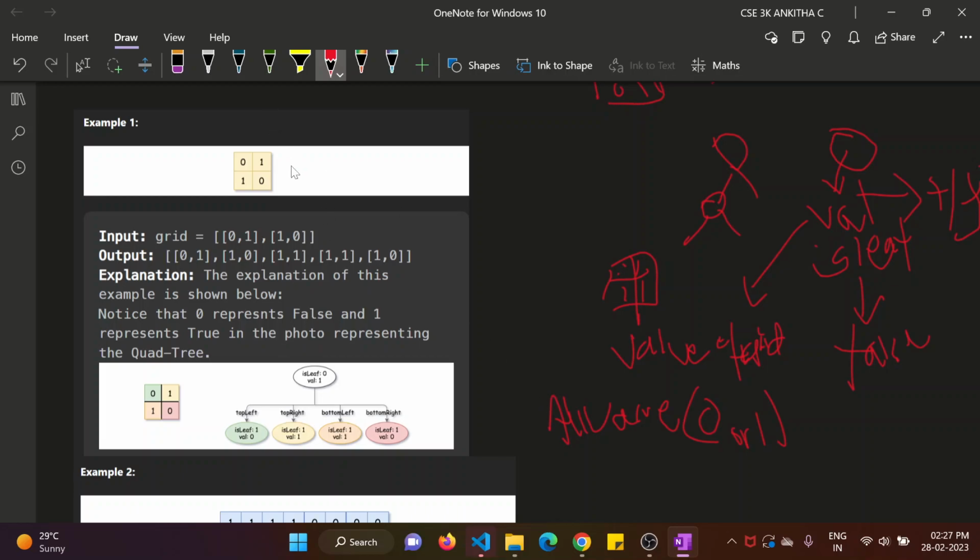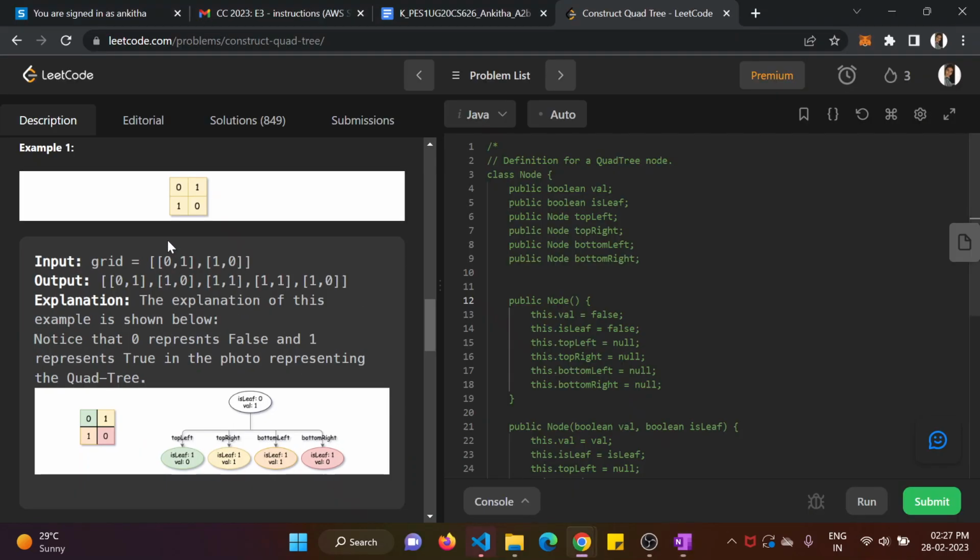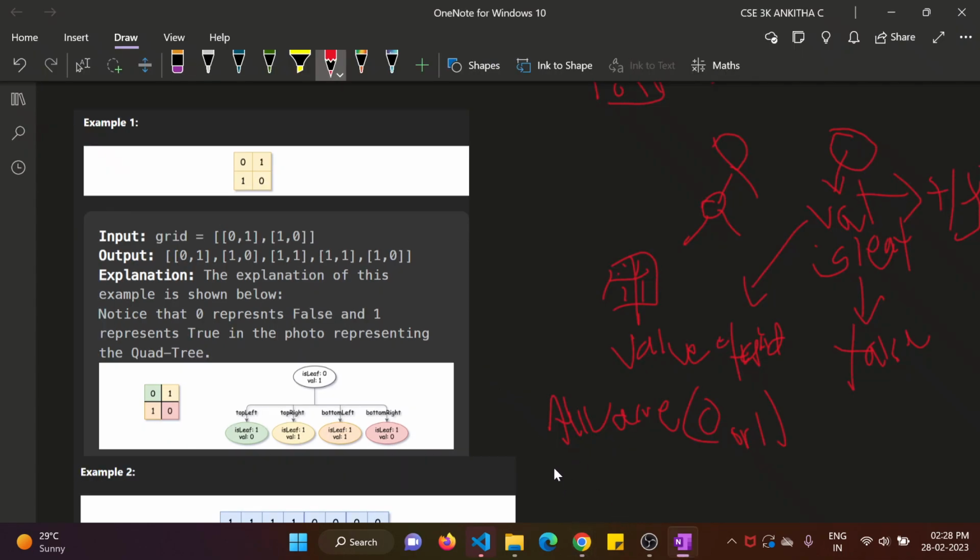If this is a non-leaf node, what do we have to do? We have to assign the value of val equal to either true or false, either 0 or 1. It can be anything because this matrix contains both zeros and ones. And isLeaf will become 0. Why is isLeaf equal to 0? Because this is not a leaf node since all the elements are not the same in this matrix. So if it is not a leaf node, then what does it indicate? We have to